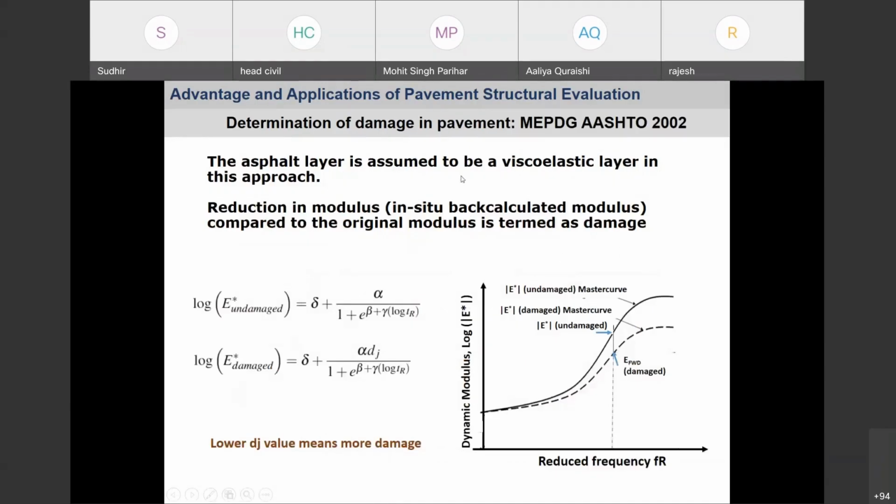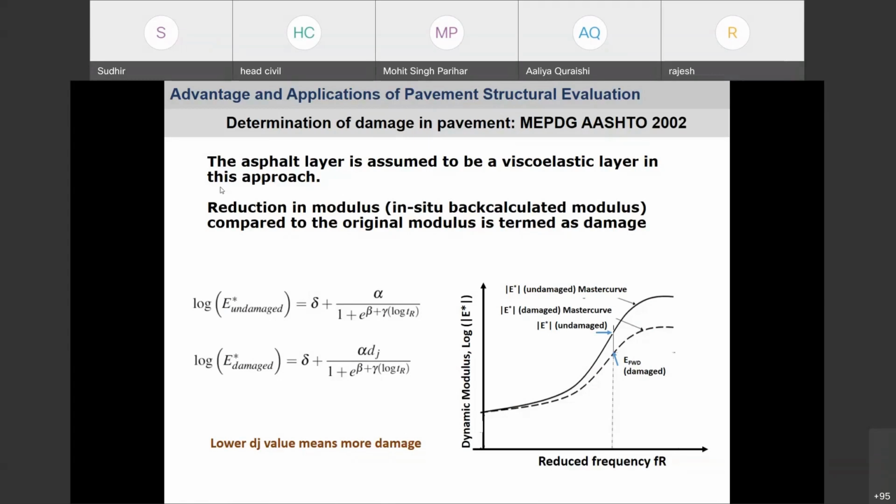Another approach is from the MEPDG, AASHTO 2002, which recognizes that the asphalt material is a viscoelastic material, and if you are dealing with a viscoelastic material, its modulus is not linear elastic. In fact, it should be defined in terms of either dynamic modulus or relaxation modulus, right? So in case you are recognizing the asphalt layer to be